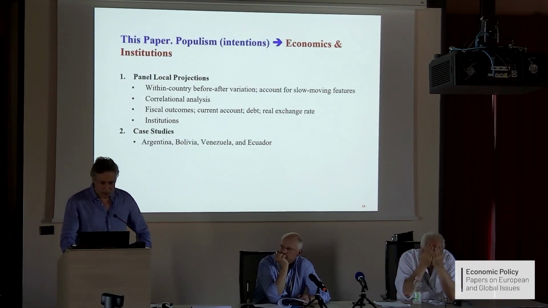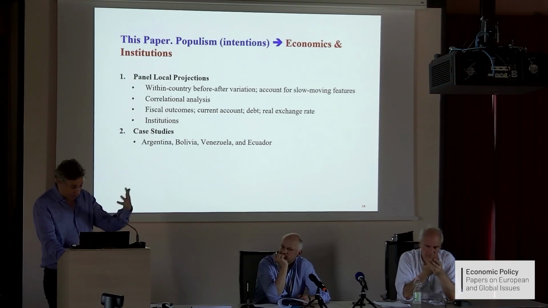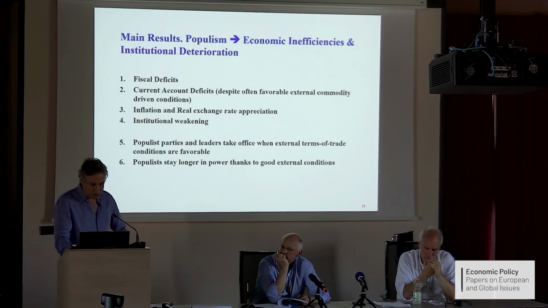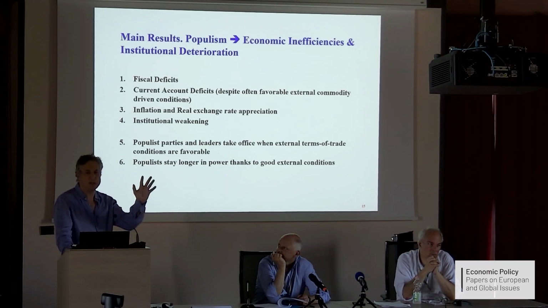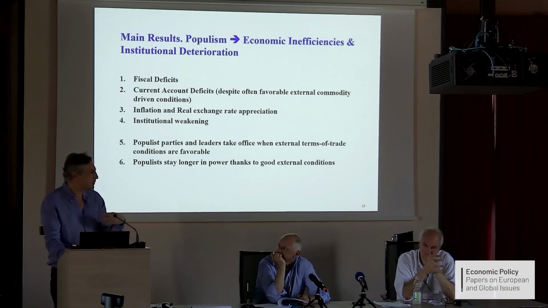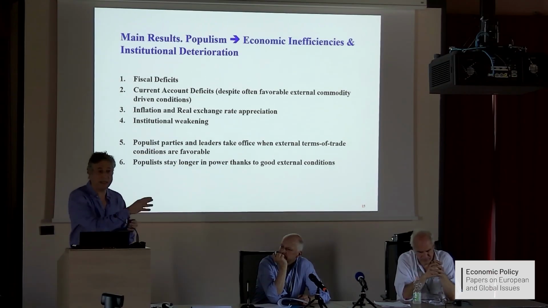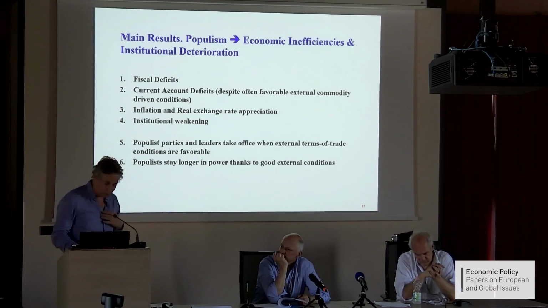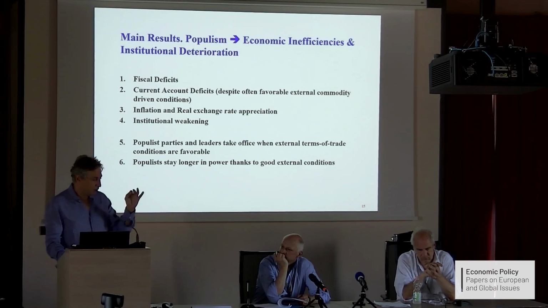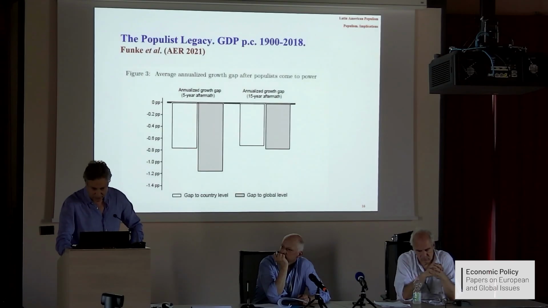So how can we think now about this paper and a couple of others on this journey? In a nutshell, Antonio did a very good job presenting the regression analysis. Populists won power in this recent sample. They tend to spend a lot. Sometimes they are lucky, like Nestor and Cristina. They have a windfall, they spend it. Things work, but in the end, we have economic malfunctioning and, most importantly, institutional degradation, although there, as Antonio concluded, there has to be a bit more work here to make this point more concrete and succinct.